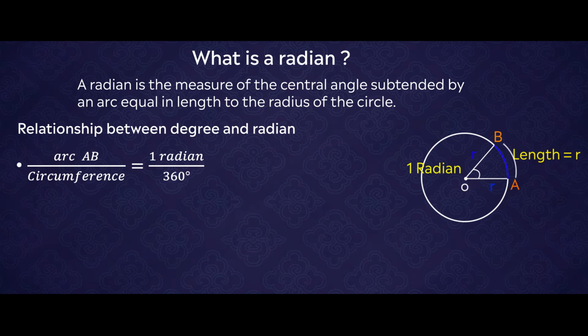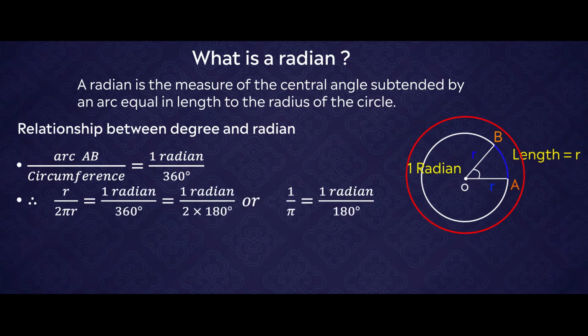So what is the length of arc AB? R. R divided by, what is the length of the circle? Circumference. That is equal to 2 pi r, which is equal to 1 radian divided by